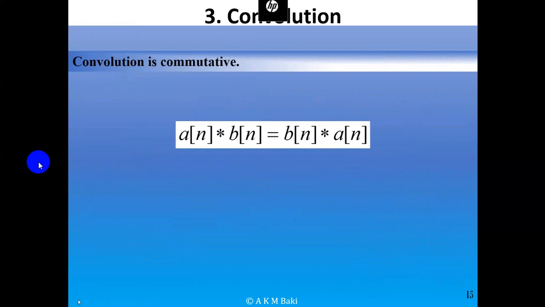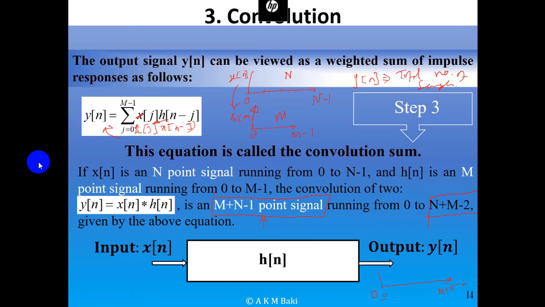So that's the relation among স্যাম্পল। ইনপুটে কতগুলো স্যাম্পল রয়ে গেছে, ইম্পালস রেসপন্সে কতগুলো স্যাম্পল রয়ে গেছে, এটার উপরে বেস করে ডিপেন্ড করবে আউটপুটে কতগুলো স্যাম্পল আমরা পাবো।